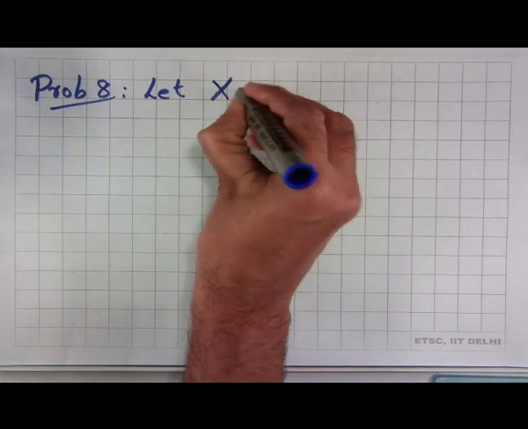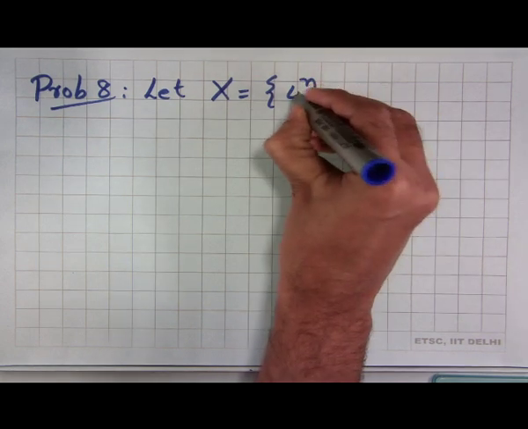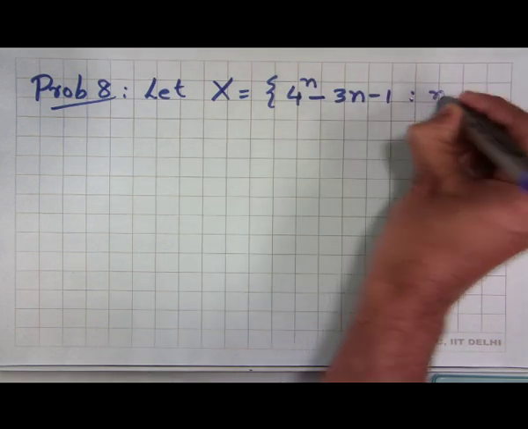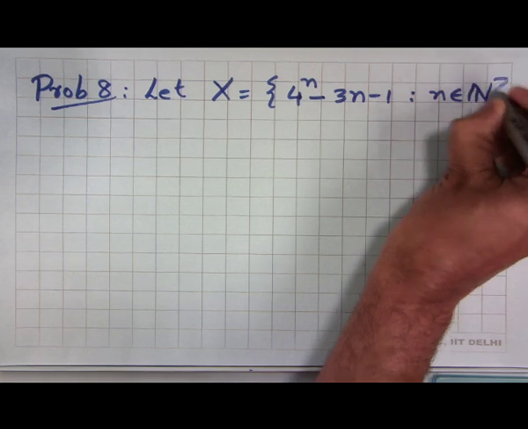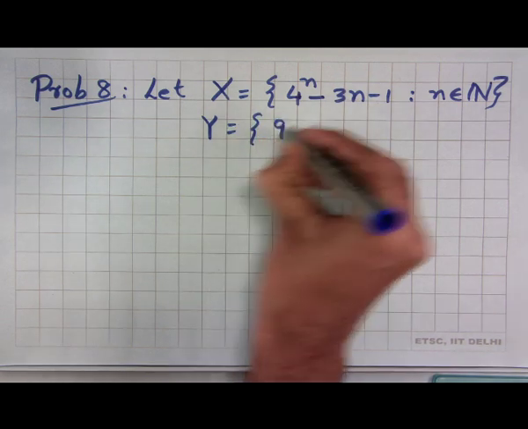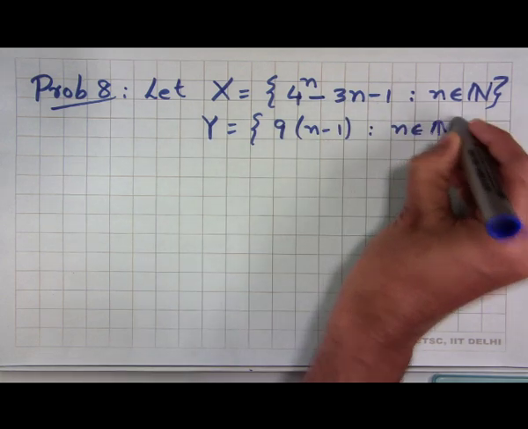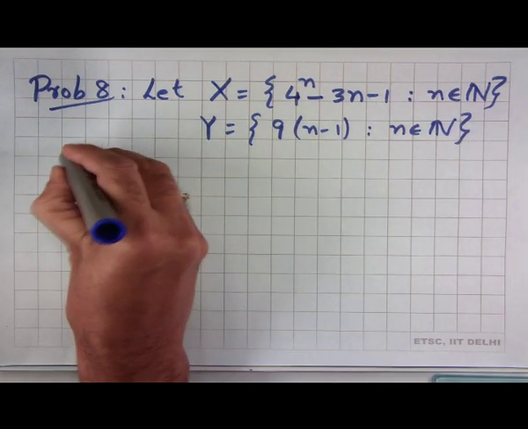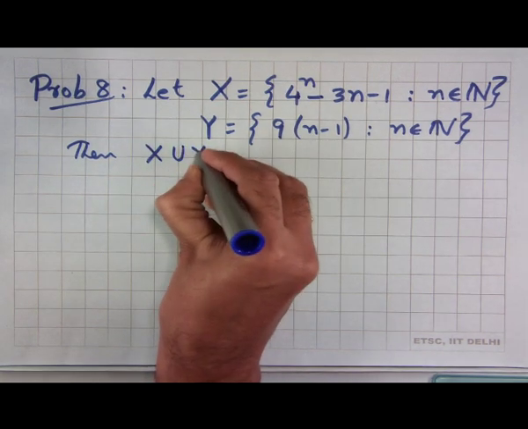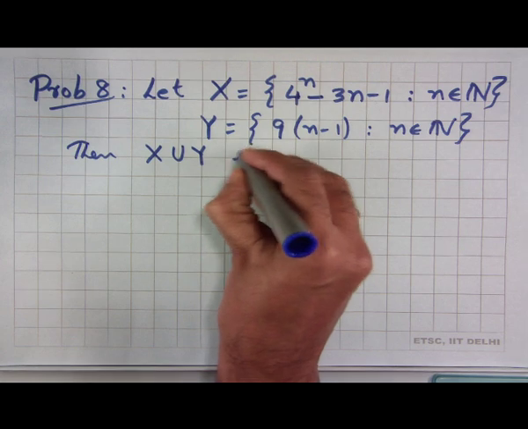Let X be the set containing the numbers of the form 4 to the n minus 3n minus 1 such that n is a natural number, and Y is the set 9 times (n minus 1) where n is a natural number. Then X union Y equals,